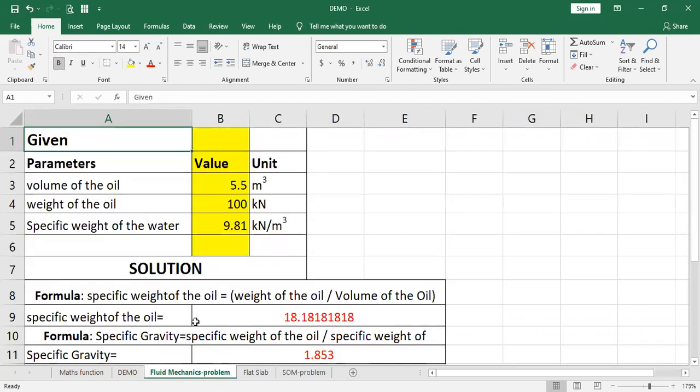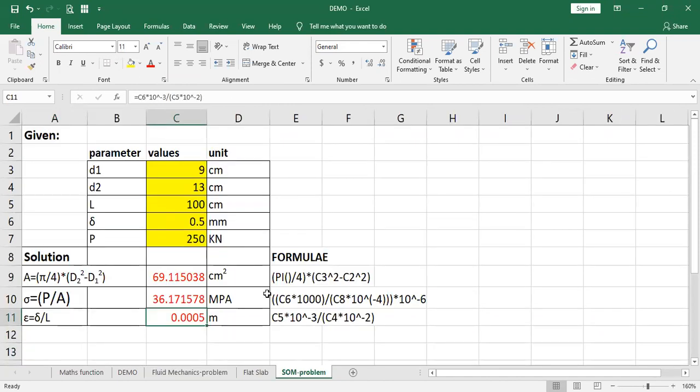We have seen the fluid mechanics problem, and then the strength of materials problem. Very similar to that, you can practice very simple formulas, whatever is applicable to you, in an MS Excel sheet. As I already mentioned, this is the major part. Many times you don't require the programming part, but yes, you will require an Excel sheet. You have to at least make an Excel sheet.